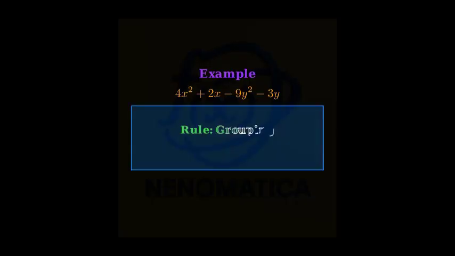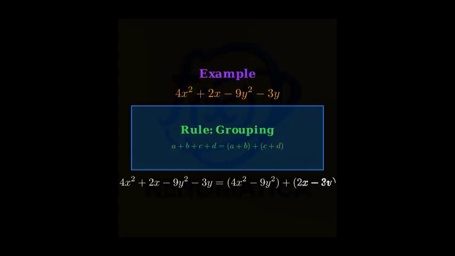We need to factor the expression 4x squared plus 2x minus 9y squared minus 3y. The first step in factoring this expression is to group similar terms together. We'll use the grouping rule, which states that we can rearrange the terms to group them effectively. We can group the terms with x squared and y squared together, and the terms with x and y together. This gives us (4x squared minus 9y squared) plus (2x minus 3y)